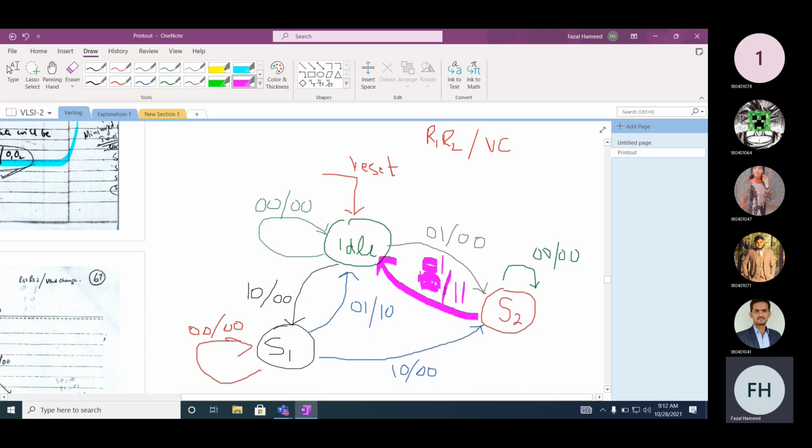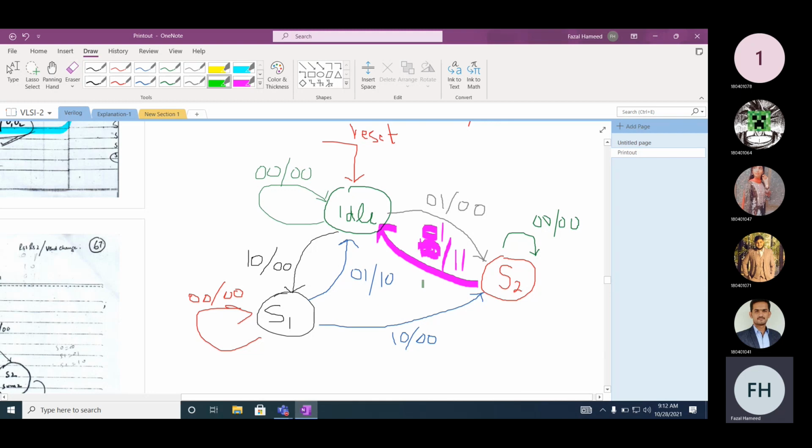Okay, for 0 1 and for 1 1, we don't want to make another arrow. I will write it. So for 1 1, I can use the same arrow. For the same arrow, if it is 1 1 0, then 1 0. And 1 1 is not possible. So now this is the complete state diagram.